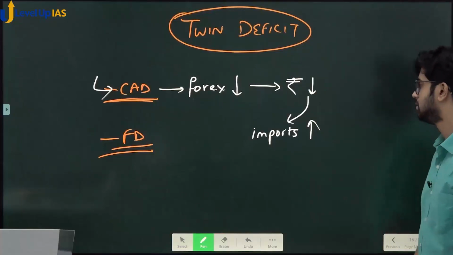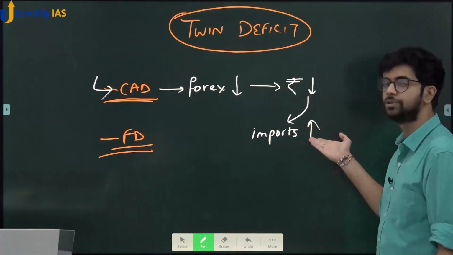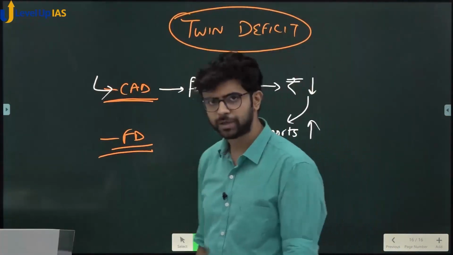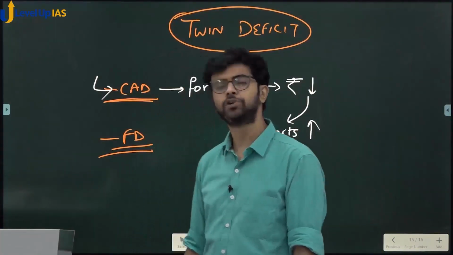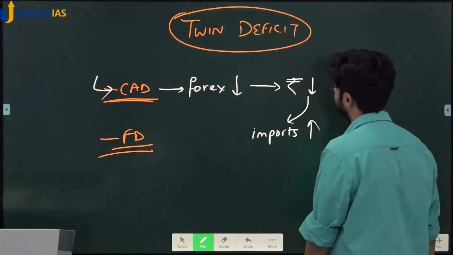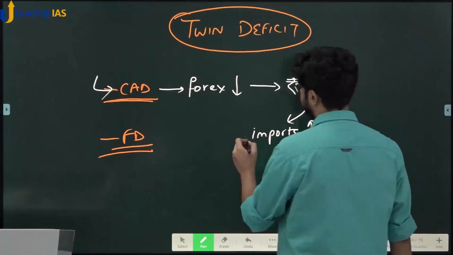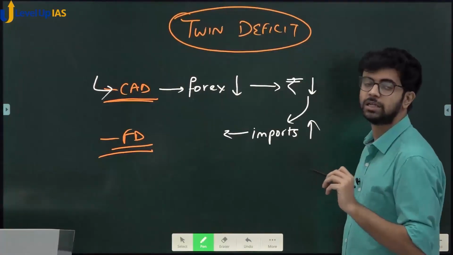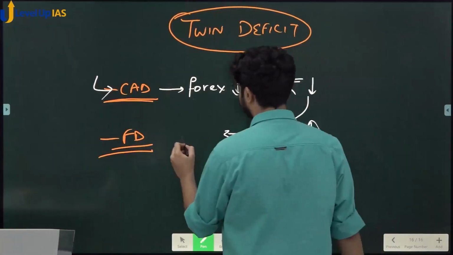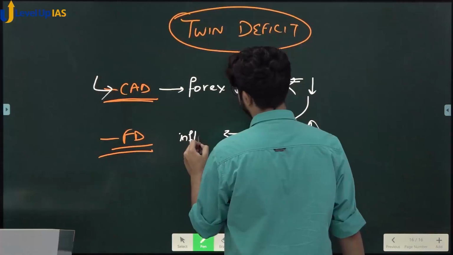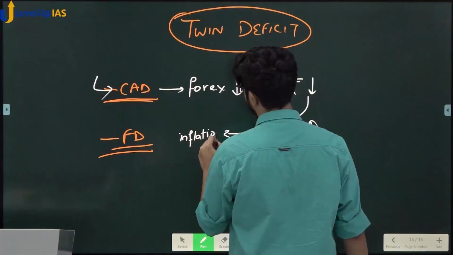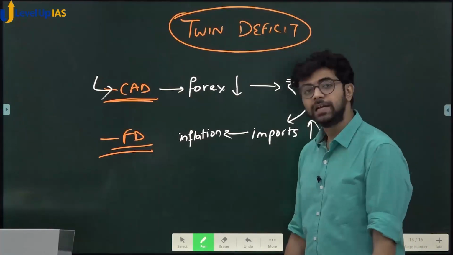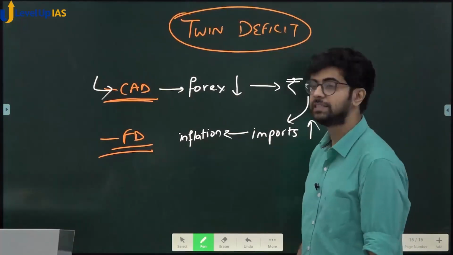Imports would increase. When the rupee depreciates, imports increase, imports become costlier. ठीक है? Exports would also become high, but imports become costlier. See, when imports become costlier, inflation happens. Right? When inflation happens,